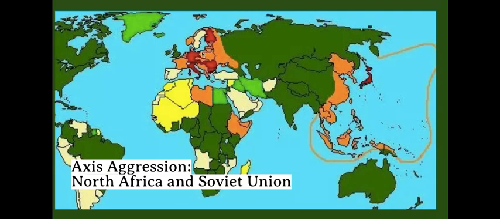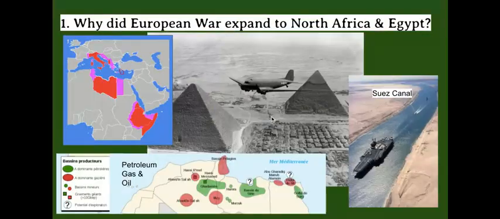I already talked about how Germany had taken over Poland, France, and Norway, and now Italy is going to try to invade Africa and connect up these two colonies into one big African empire. Then after that, they're going to go to the Balkans, and then after that, Germany is going to swing east to the Soviet Union.